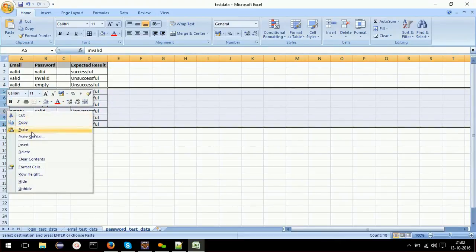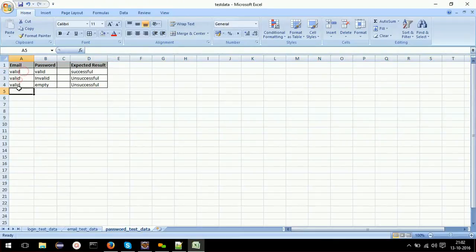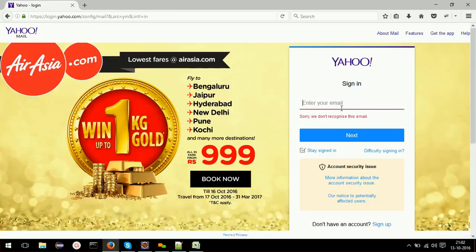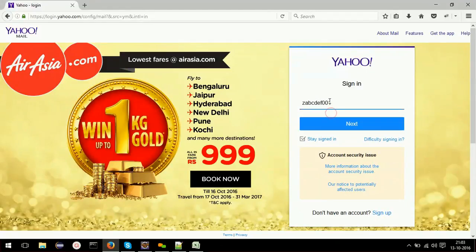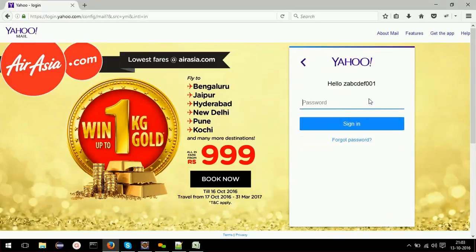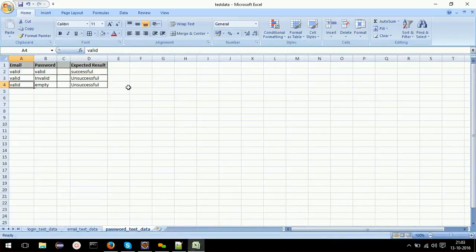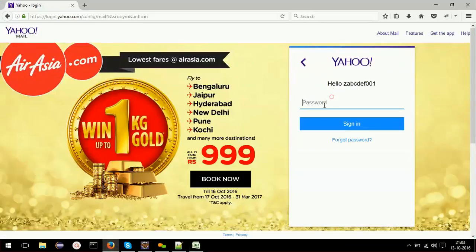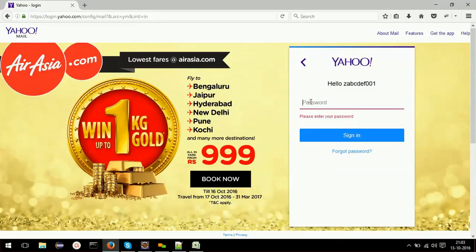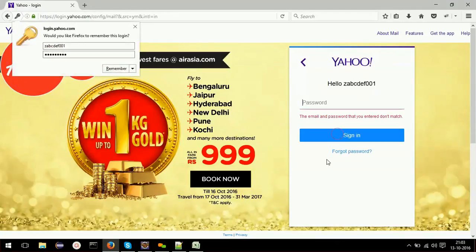For the email field, I know that if I need to go to the password field, I'll be taken only when I give a valid email. So to test password field functionality, I always need to give only a valid email. So I'll always pass a valid email, but with the password here I can check all three combinations. Suppose with empty password, if I click sign in, this will throw an error. With wrong password, if I click sign in, this will again throw an error.